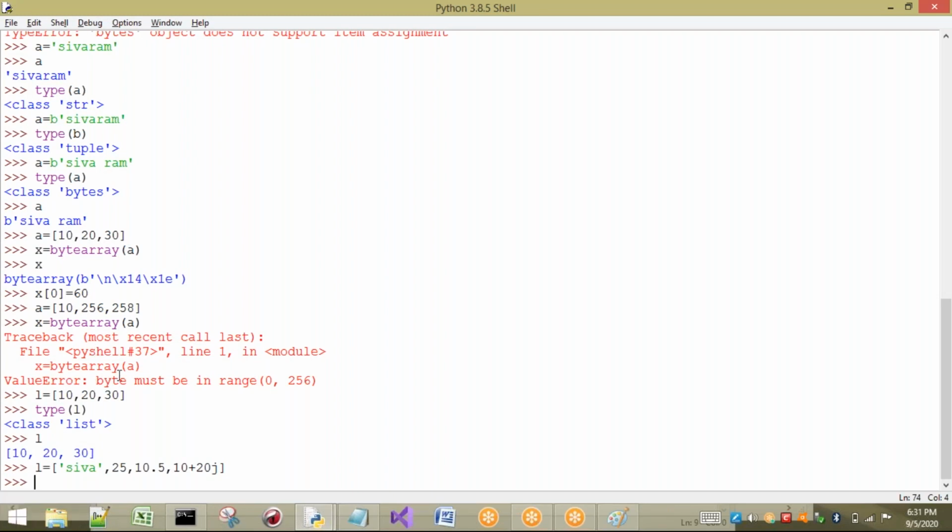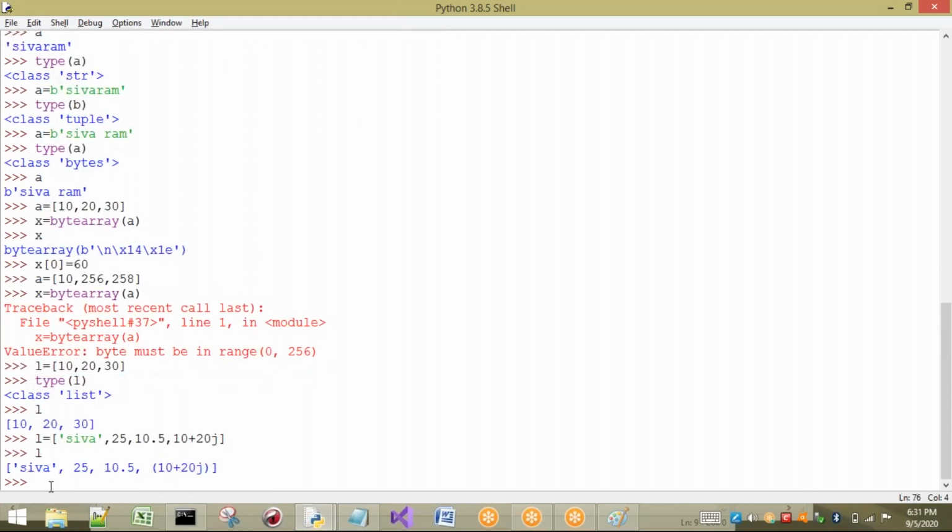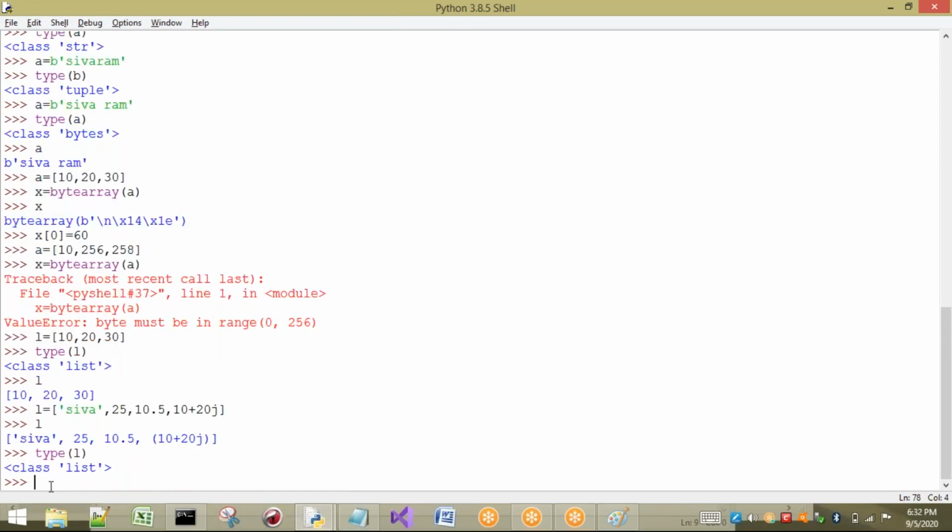Next I am going to show you heterogeneous type of data. That means I can store any type of data, no problem. So if I print L, it is going to give me all the elements. If you want to see the type of L here, you can observe it is a type of list. That means if you want to store heterogeneous type of data, then we can go for this list data type.